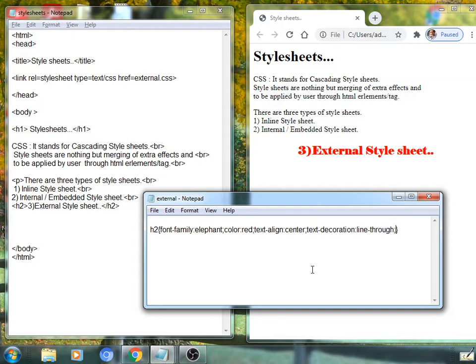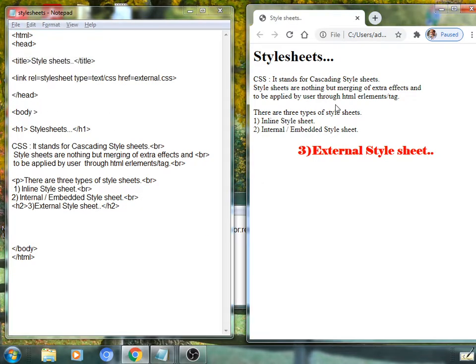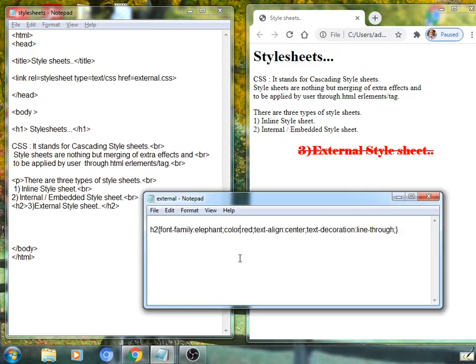Likewise, text-decoration line-through, this is to be saved here as well as here as part of the change. See here, a line is drawn on the surface of such a text. Are you getting it? With the external style sheet, drawing a line on the surface is possible.